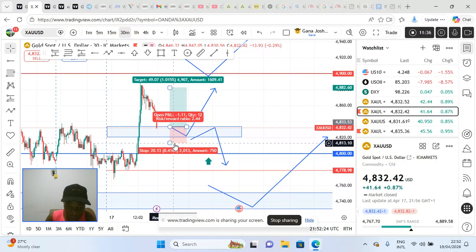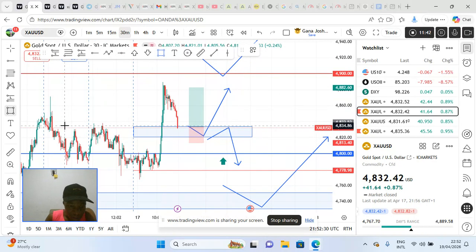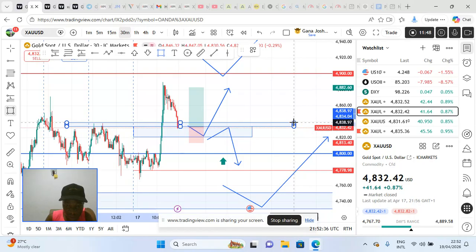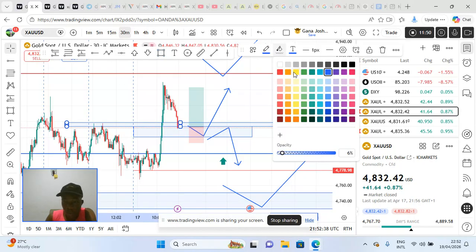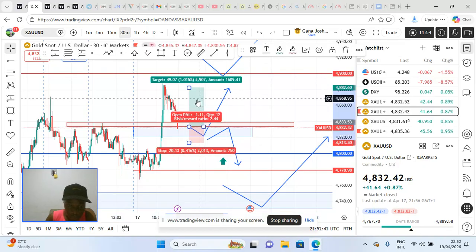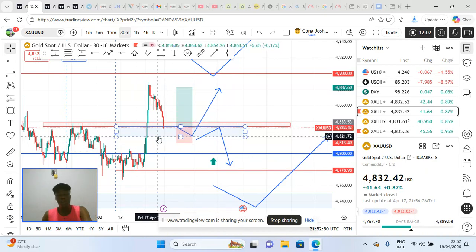In case this level just fails, no problem, because it is a good support that can turn resistance for you. So you can short from there and get a good deal. If it comes like this, from this zone,